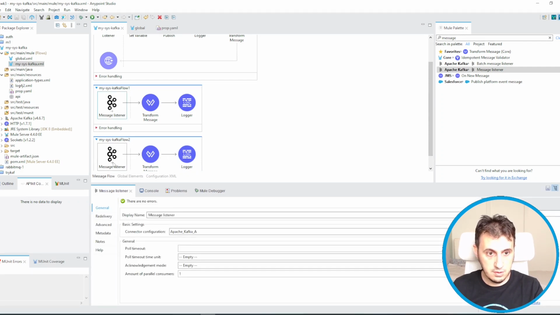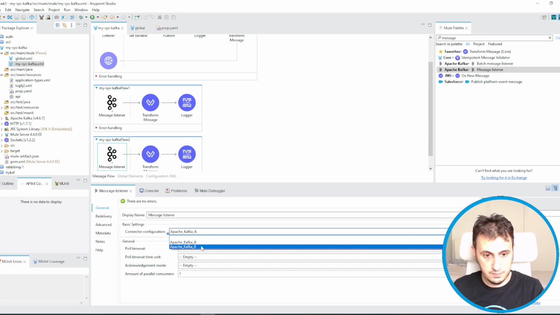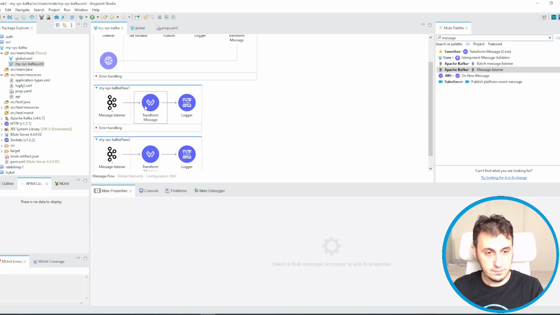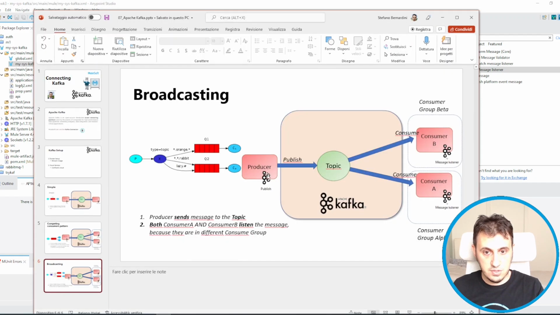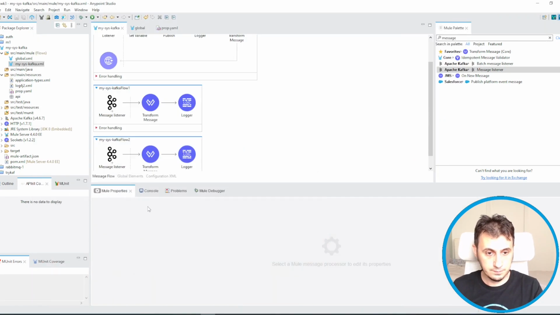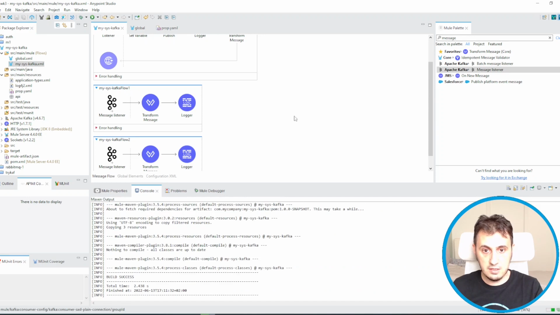So now the method listener 2, method listener B, I have to change the configuration. So the producer sends the message to the topic. Both consumer A and consumer B pull from the same topic, because they are in different consumer groups, and every consumer must receive the same message. Let's try if everything is okay.